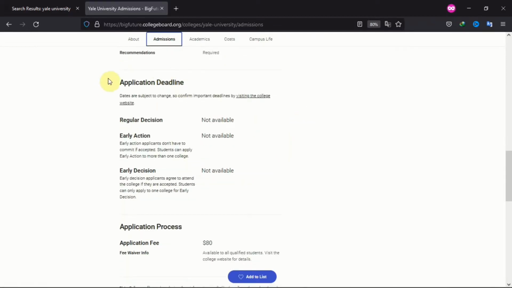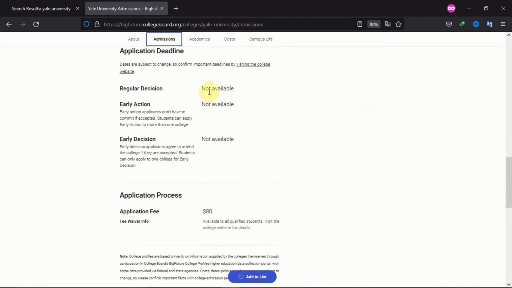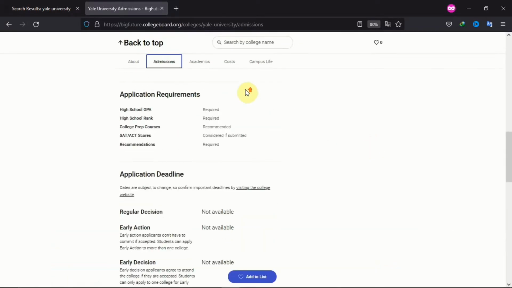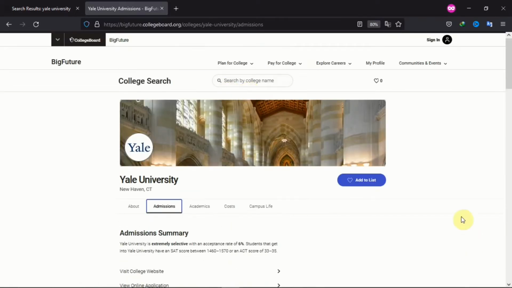You move down to application deadline, and in my case there are no deadlines available here. It's not available here. Before you are able to apply to the school, you need to make that payment. Now when we move to academics,